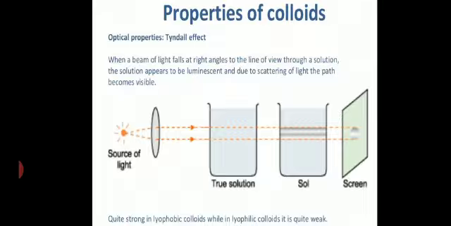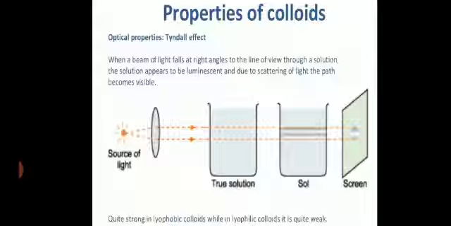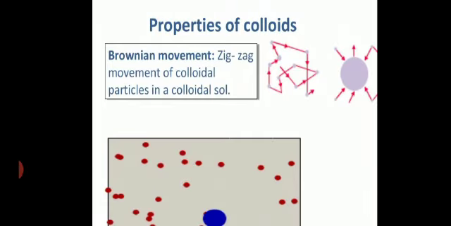The other properties of colloids: it is heterogeneous in nature. Colloidal solutions are quite stable, we can say that. Got it? It can pass through ordinary filter paper, but it cannot pass through ultra filter paper. Then when light is passed through it, the solution is translucent in nature. Got it? All these things we know. Now, just now I told you about the Tyndall effect, where the light gets scattered when it is passed through colloidal solutions.